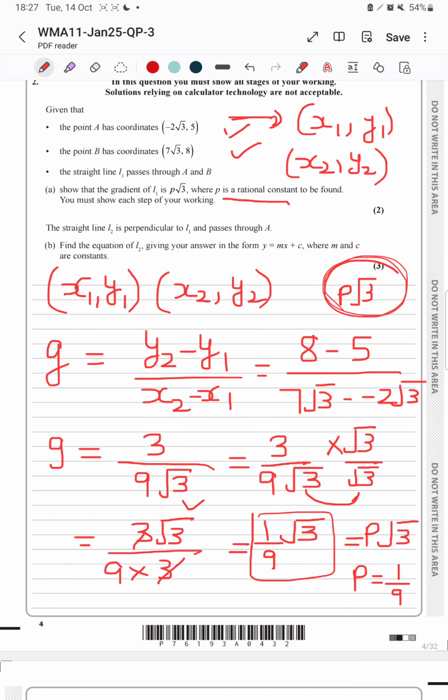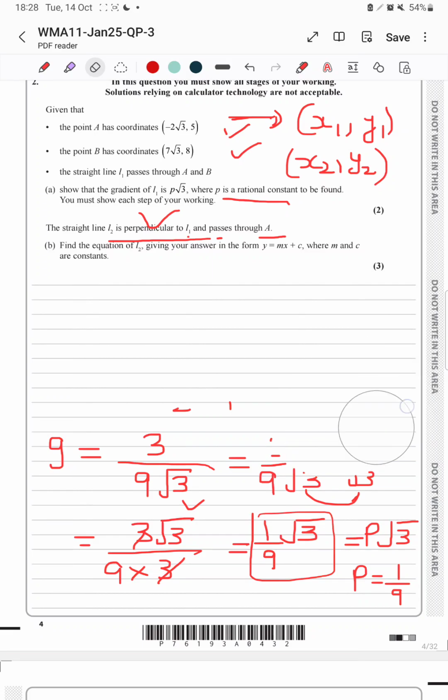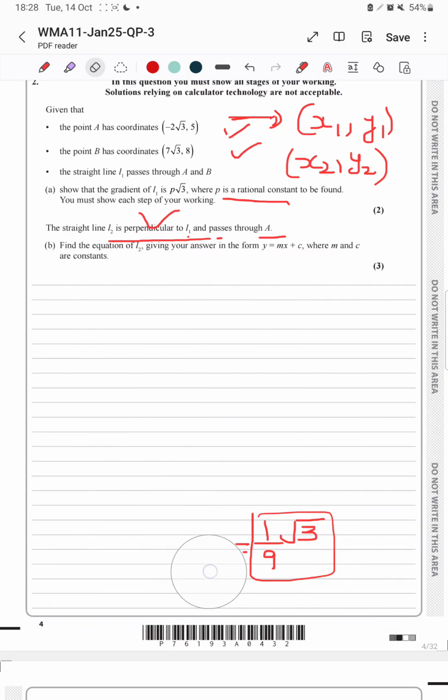Now we have the second part of the question. The straight line L2 is perpendicular to L1 and passing through A. So what do you see here? Your first part's answer should be correct, because the second part is based on it. Why? Because they are saying L2 line is perpendicular to L1. So if the two lines are perpendicular, that means their gradients are related. So their gradients must be calculated accurately. So now what I do, I keep this gradient value here, which is 1 by 9 times root 3,